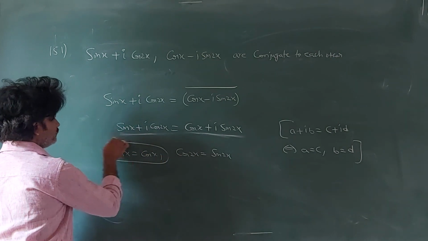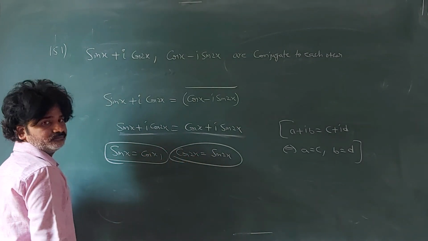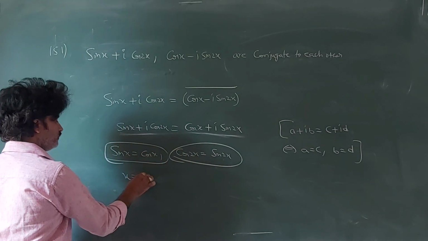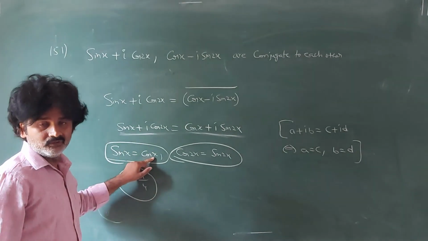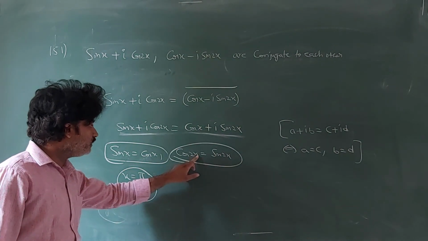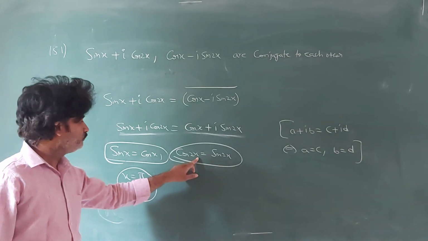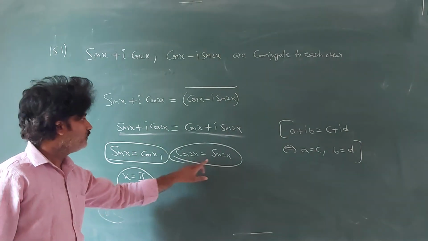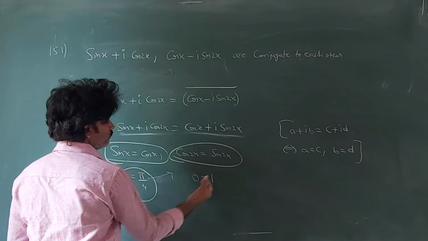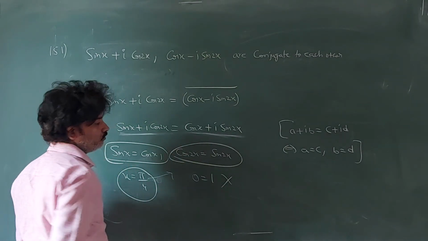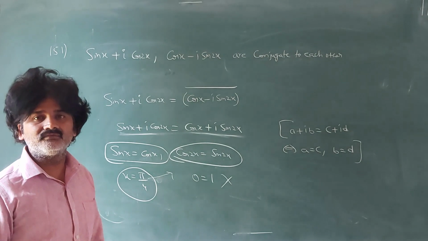Now tell me, for what angle are sin theta and cos theta equal, and sin 2 theta equal to cos 2 theta? Suppose sin theta equals cos theta: all of you can say x equal to 45 degrees. Sin 45 is 1 by root 2, cos 45 is 1 by root 2. By seeing it you can tell. But substitute pi by 4 here. How much will we get? 2 into pi by 4 means pi by 2, that is 90. Cos 90 is 0, sin 90 is 1.